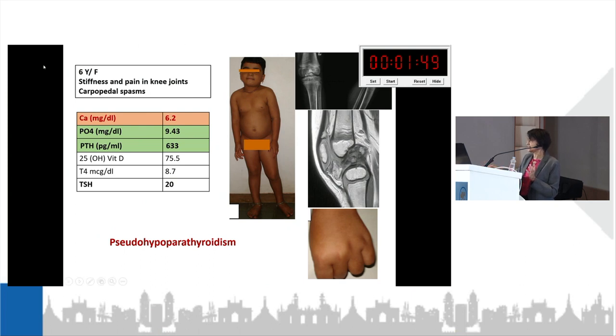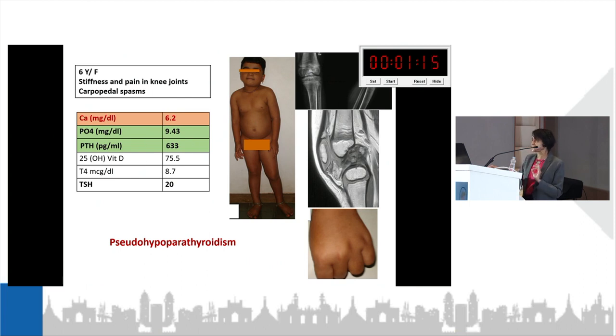Here is a very young girl with high phosphorus and a low calcium who has carpopedal spasms, and that's why the biochemistry is put together. But look at her symptom complex. She also talks about pain in the knee joint, which leads to X-ray of the knee joint, and she has this calcification. She walks with the knee, which you can see the way she positions the knee at rest. She's never bearing weight on her left knee. And also her parathyroid hormone is elevated.